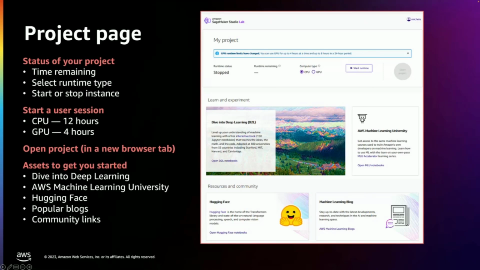On this page at the bottom, you will also often find helpful links to useful resources, demos, tutorials. And as you click the Start Runtime button, it'll take a few seconds to initialize your environment, and then you click Open Project, and that will take you to the